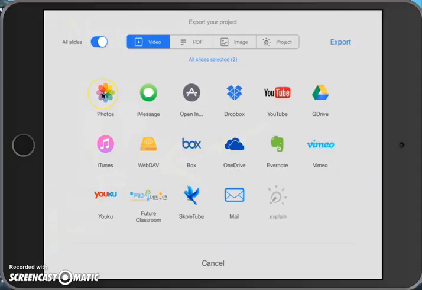Photos will take it to your iPad. You can export just the PDFs of your images and all those things like that. You could export it as an Explain Everything project also. But let's look at the video itself. Let's get it to our iPad, and then we can send it to where we want to later. So I'm going to click